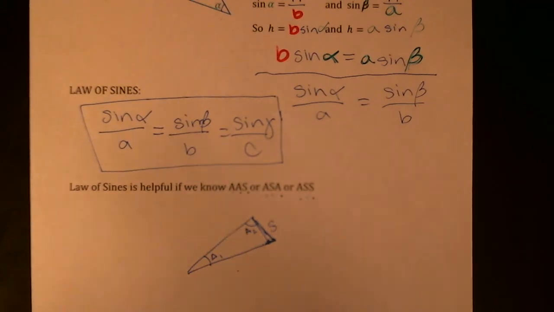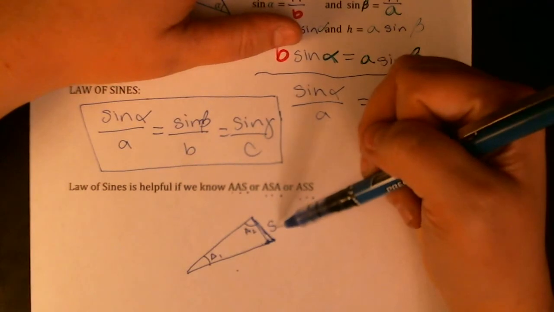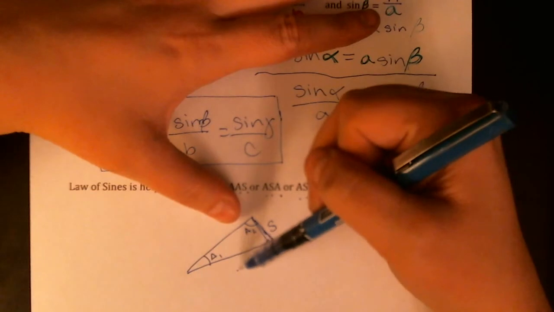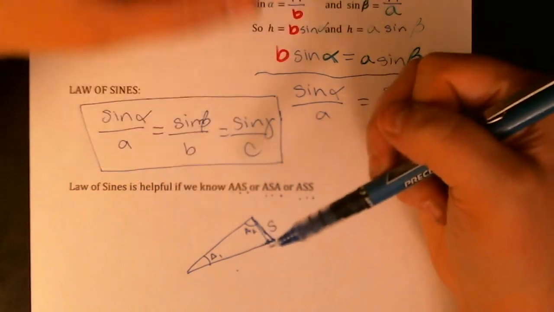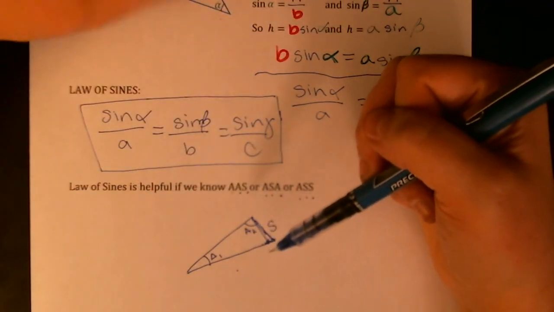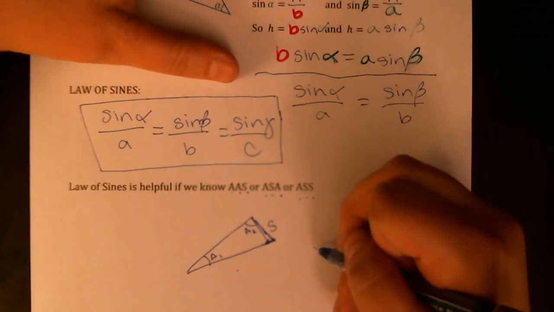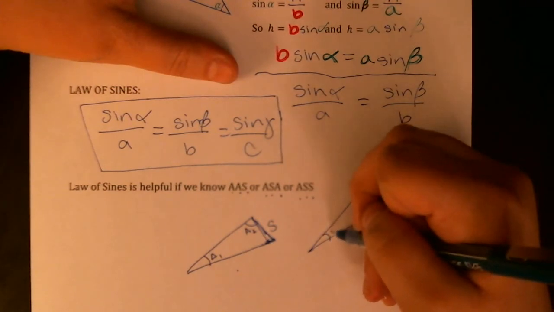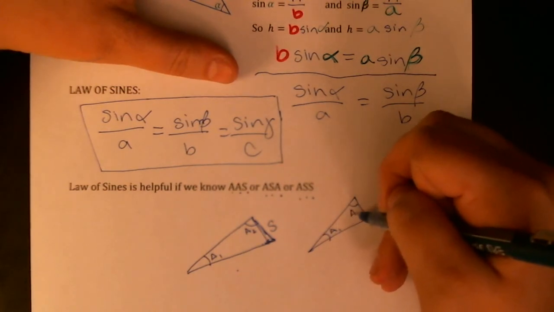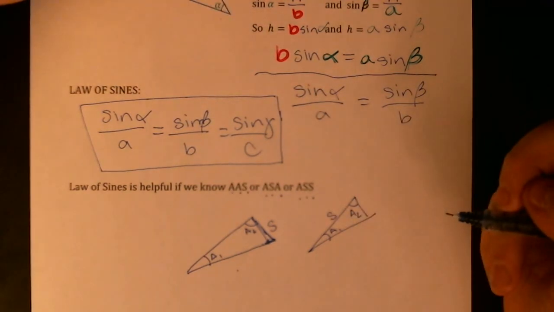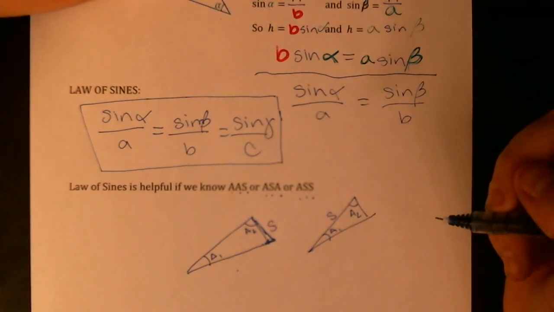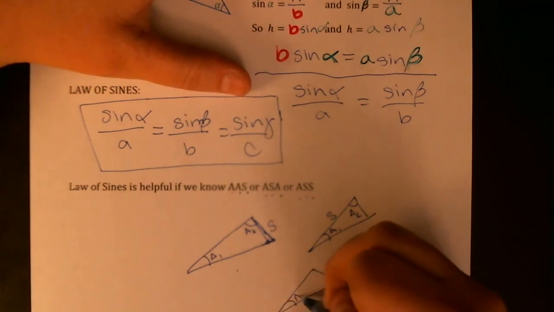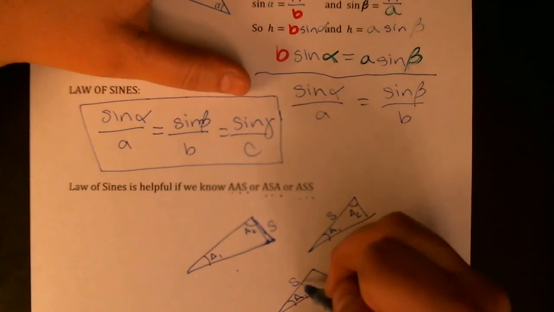So law of sines will work on this because we have a known pair, angle 1 and our side, and we could use this to solve for the bottom of the triangle because we could pair that with our other known angle. So that's 3 out of 4 things. Angle, side, angle, that's saying that we know two angles, any two, and the side that's between them. And then angle, side, side is saying we know only one angle, and then we know two of the